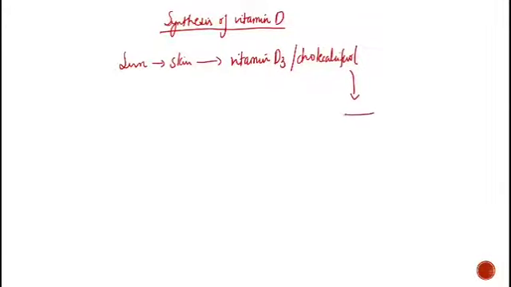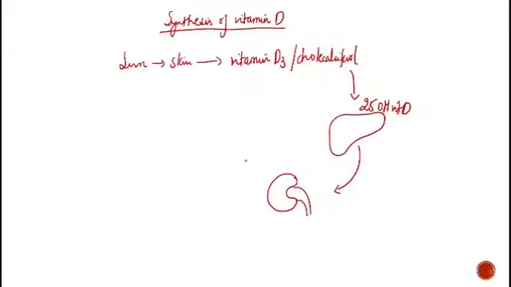From here, it's metabolized in the liver to form 25-hydroxy vitamin D. This happens via a hydroxylation reaction, followed by a further hydroxylation reaction in the kidneys this time